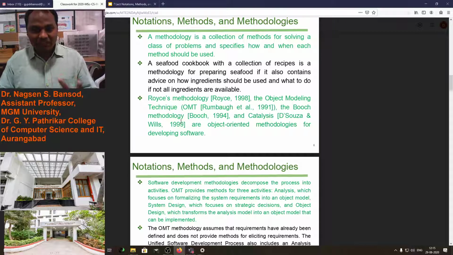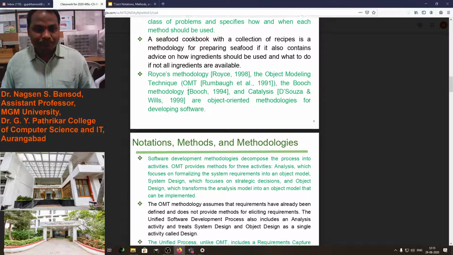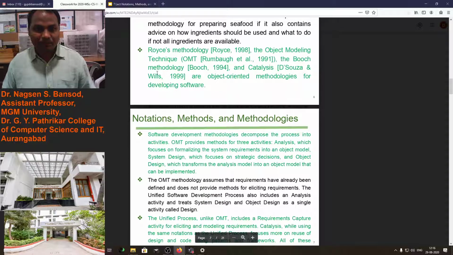We know fish and other types of seafood. Which ingredients we have to add to the fish and other food, these recipes are different, so we can say these are the methodology. Methodology means a collection of methods.